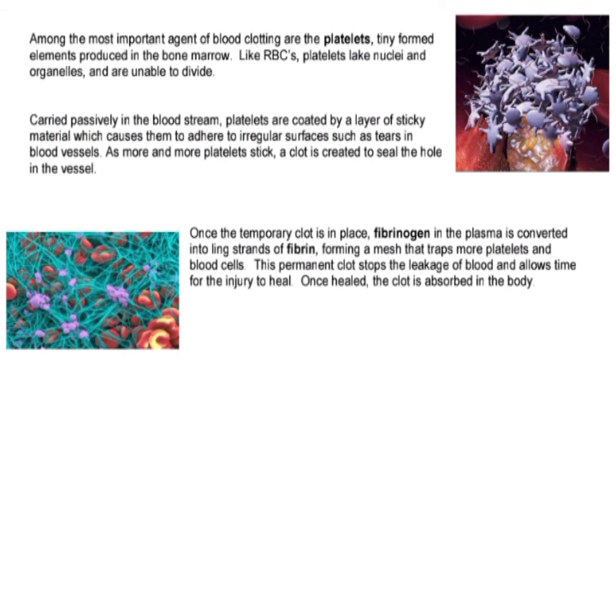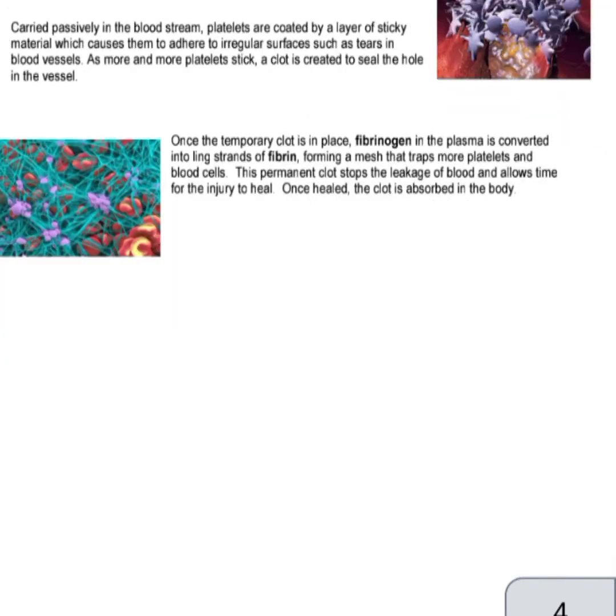Once the temporary clot is in place, fibrinogen in the plasma is converted into linked strands of fibrin, forming a mesh that traps more platelets and blood cells. This permanent clot stops the leakage of blood and allows time for the injury to heal. Once healed, the clot